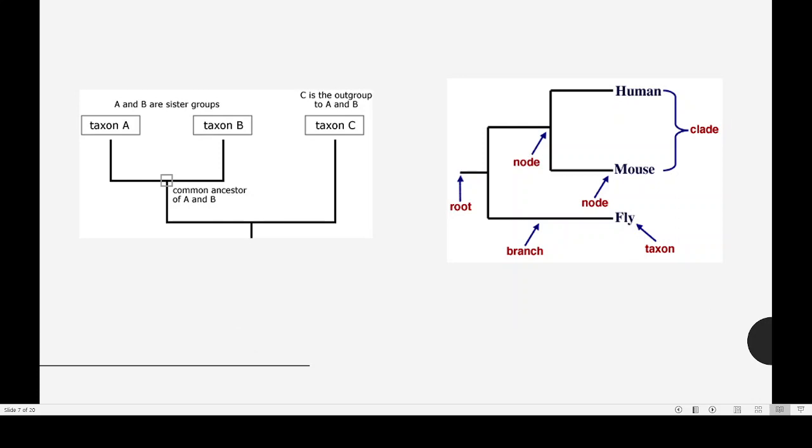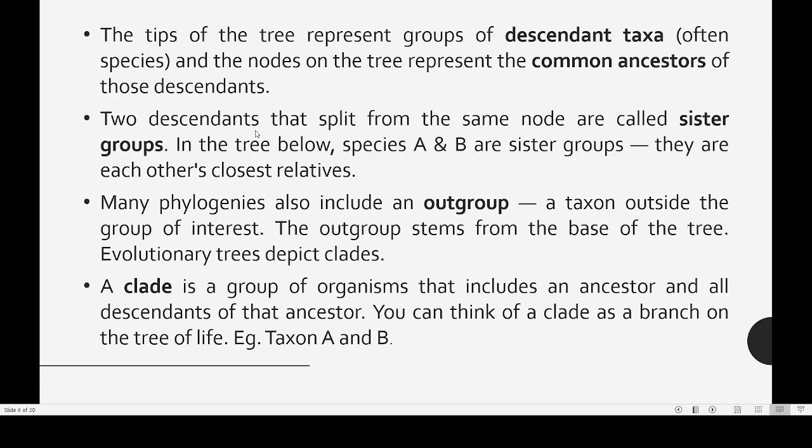Here we have shown three species. Taxon A is a species, taxon B is the second species, taxon C is the third species. Now what kind of information are we able to obtain from them? Taxon A and B are closely related because they have a common ancestor at this point. Both originate from the same ancestor. So we say that taxon A and taxon B have a common ancestor, or they have descended from the same